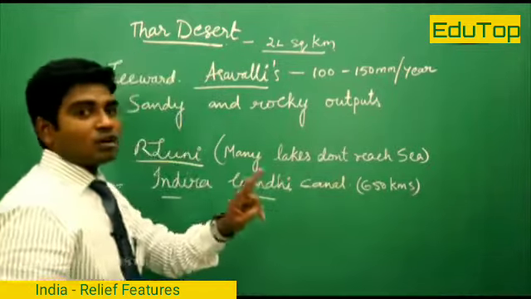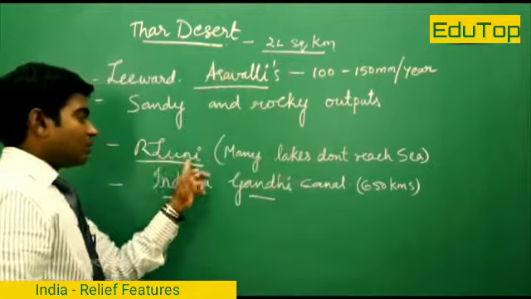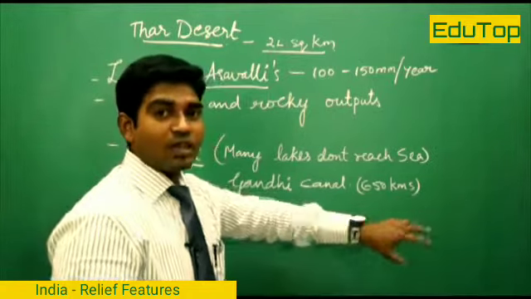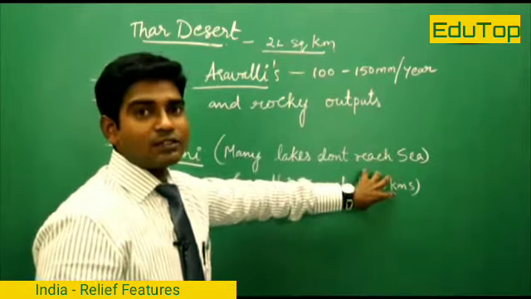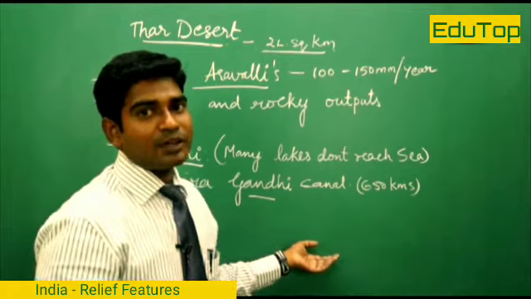So the two major water bodies which are converting the Thar Desert region into normal land are the river Luni and the Indira Gandhi Canal, covering a region of 650 kilometers, a wide width of the Thar Desert region, converting most of the Thar Desert region into normal land. The other lands are of semi-arid and arid climatic conditions.